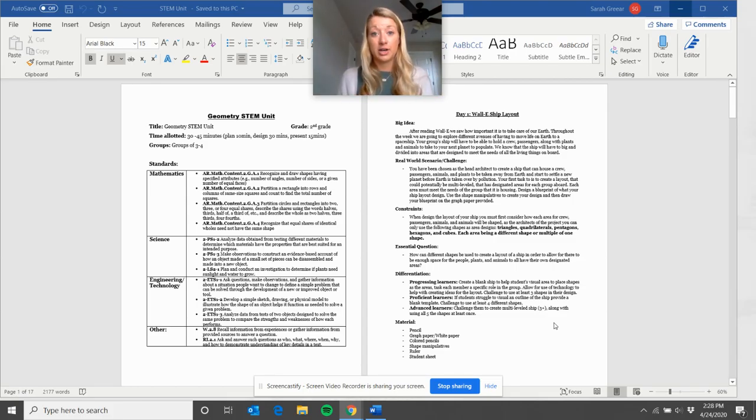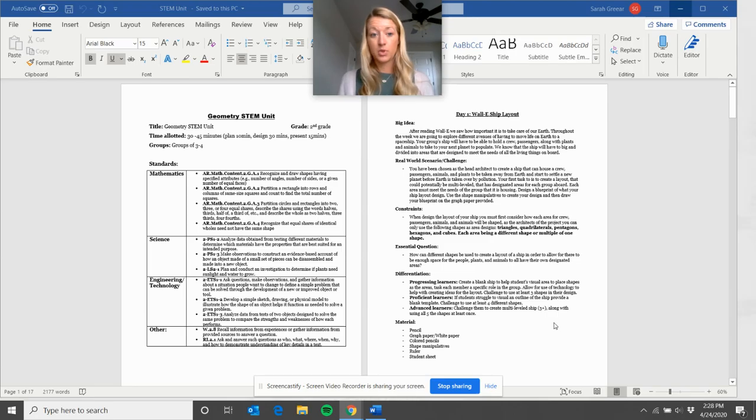So the main standards that are focused on in this STEM unit is students being able to recognize and draw shapes having specific attributes. Then with those shapes, they will be able to create rows and columns to find the total number of squares and rectangles. Students will be able to make halves, fourths, thirds of circles and rectangles, and then be able to describe them as half of, a third of, a fourth of, etc., etc. Students will also be able to recognize that equal shares of identical wholes don't necessarily have to be the same